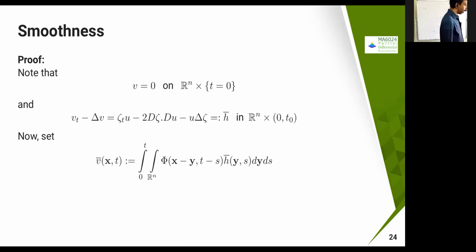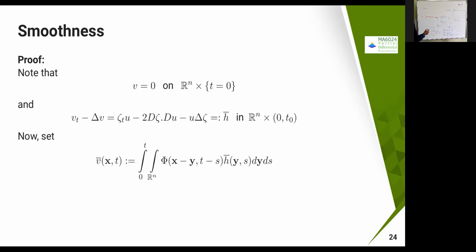Now what is this one? I'm just going to define this as h bar. Then what we are going to set is some v bar. I'm just going to define a new function v bar. V bar is nothing but pi of x minus y, comma t minus s, into h bar of y comma s into dy ds. Okay, this I just define. Then automatically you can just claim that this is going to satisfy